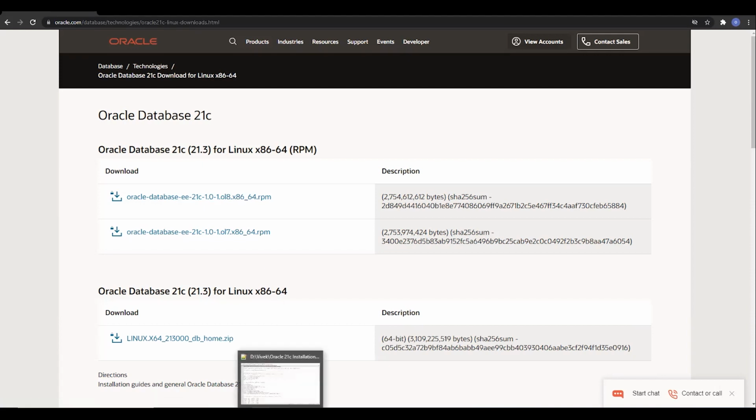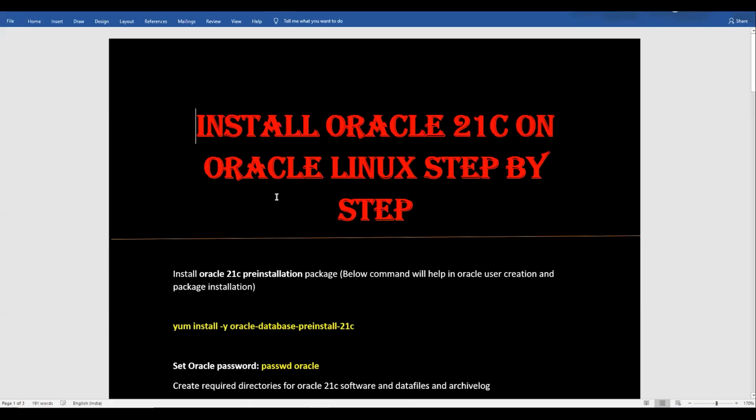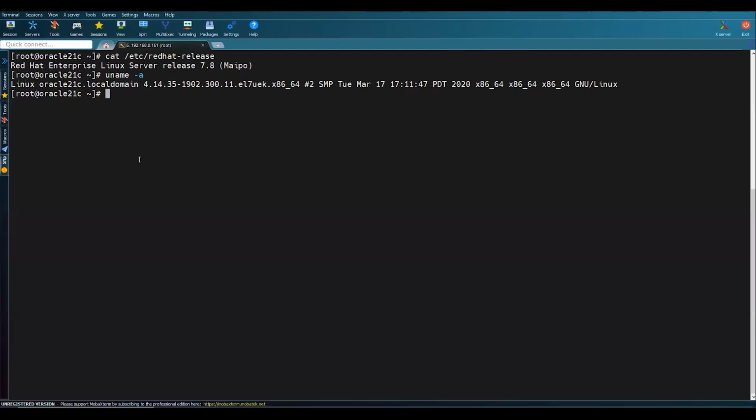Okay, so let's start how we have to perform the installation on any Linux operating system. In our case, we have used Oracle Linux 7.8, and the 21c software I have already downloaded. Let's come back to my original prompt.